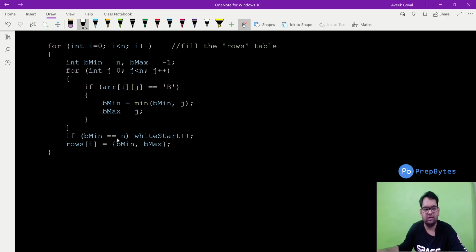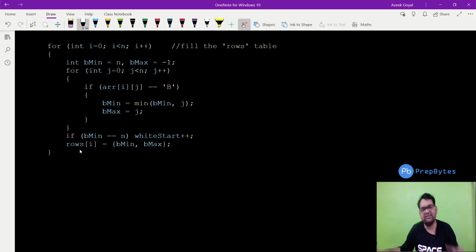If we find that all the elements in a particular row are already white, that means we do not have a black, that means B min remains n till the end. So we can simply have a white start variable, that is from the start we have a white line, so we can increment that.